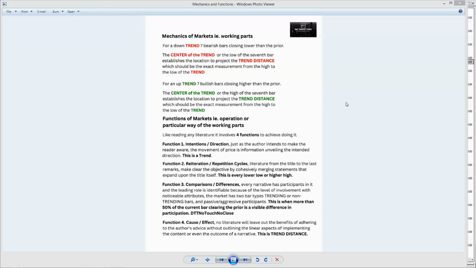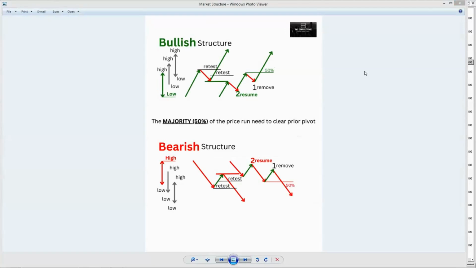And so it's important to have the trend. And of course, the trend distance will show up. It's important that you know that. So I teach you how to read the chart like literature. This is one of the principles I look for in the chart. Majority means that the minority is compelled to follow. So they're compelled to follow.